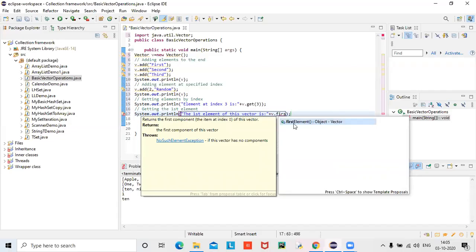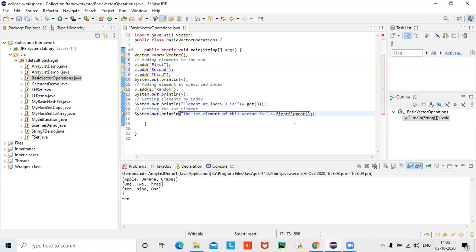See, here it is first element. Direct you can get the first element. Of course you can give it through index also. If you say 0 you'll get it, otherwise you can remember first element itself.